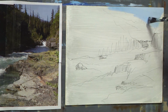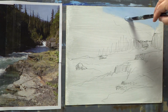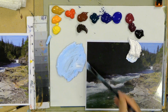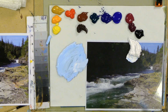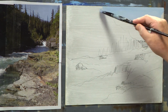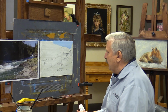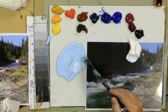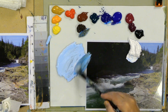I want to put like a little hill back there, and another little hill, because that gives you another plane. But I do like the look of that blue sky there. Let's just streak a little bit of white. But it gives you a little bit of a plane. Those of you that have studied landscapes with me, I follow the Dutch philosophies of the old Dutch masters of having the 3 triangles and setting up the 3 planes, which sets the ultimate depth within a painting. So with that, let's take some of this nice blue